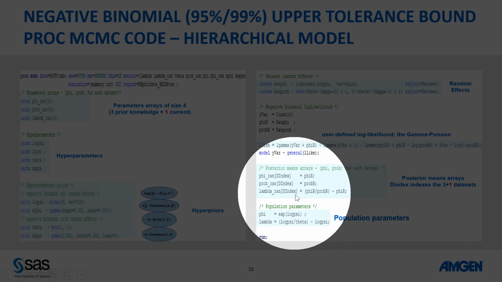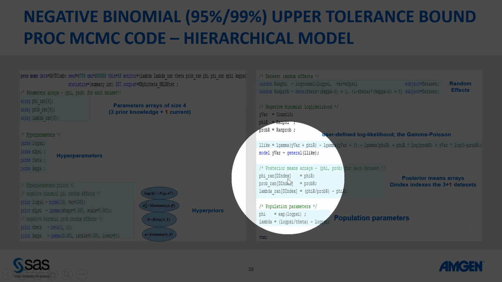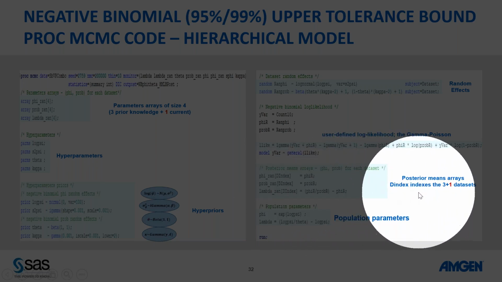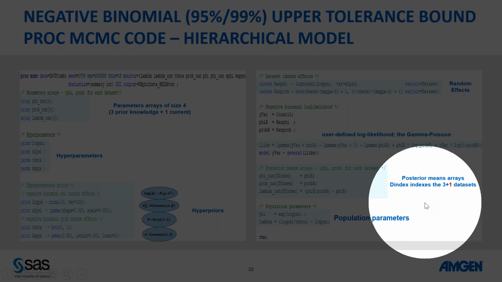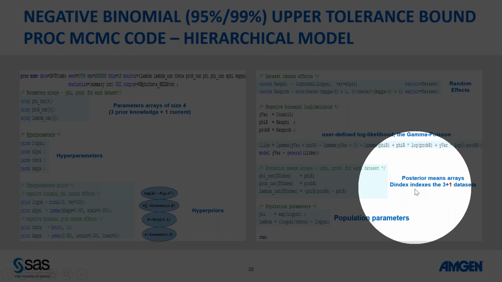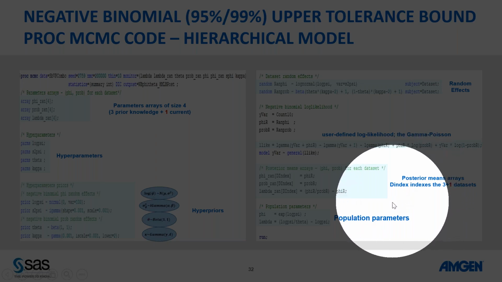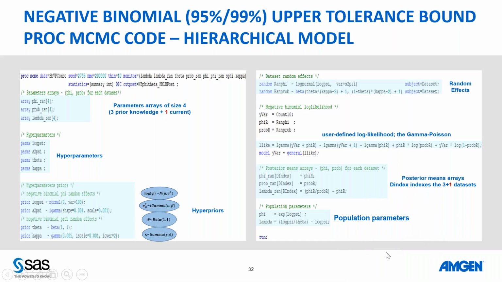So the next slide, this portion is for keeping track of the posterior means, and that's what we store in the array. In the array of phi, there's 4 of them, and then this D index is a data set index that goes from 1, 2, 3, 4. It depends on which cluster of the data a particular observation belongs to. So when the observation's D index is equal to 1, it computes the phi ran 1 for cluster 1, for data set 1.